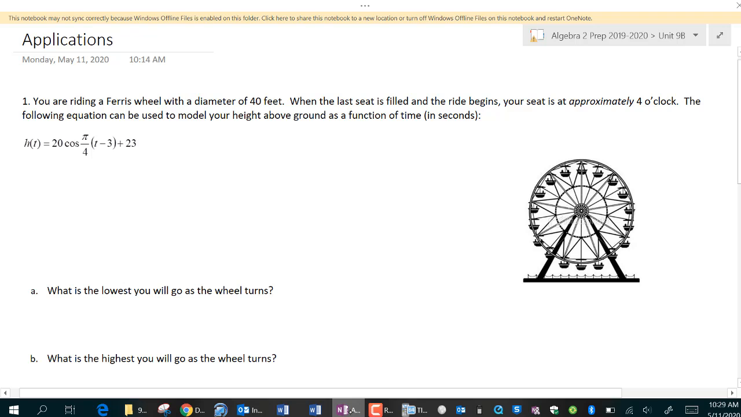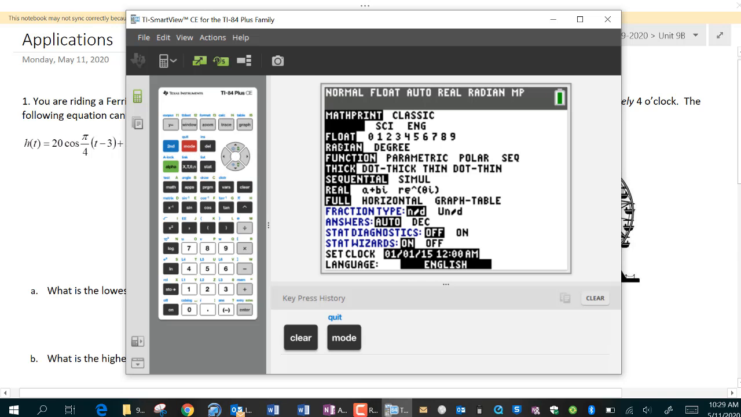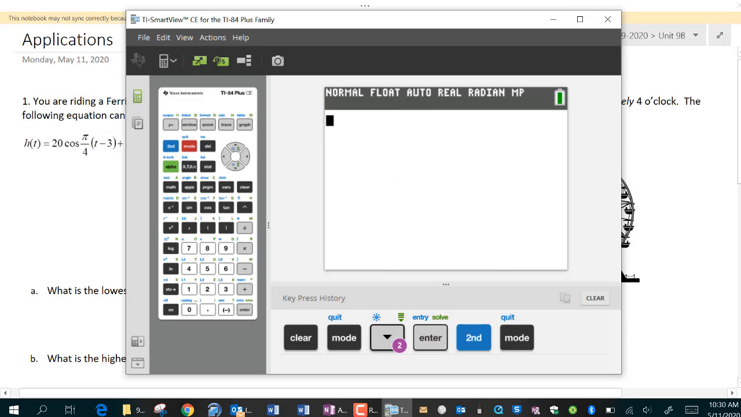Before we get started, I want you to make sure that your calculator is in radians mode. Typically we were using it in degree mode, but we want it back in radians. So if you just hit mode, radian, mine already is set in radians. If yours is not, make sure that you highlight that and hit enter so that it's dark. Okay, so now that we took care of that,